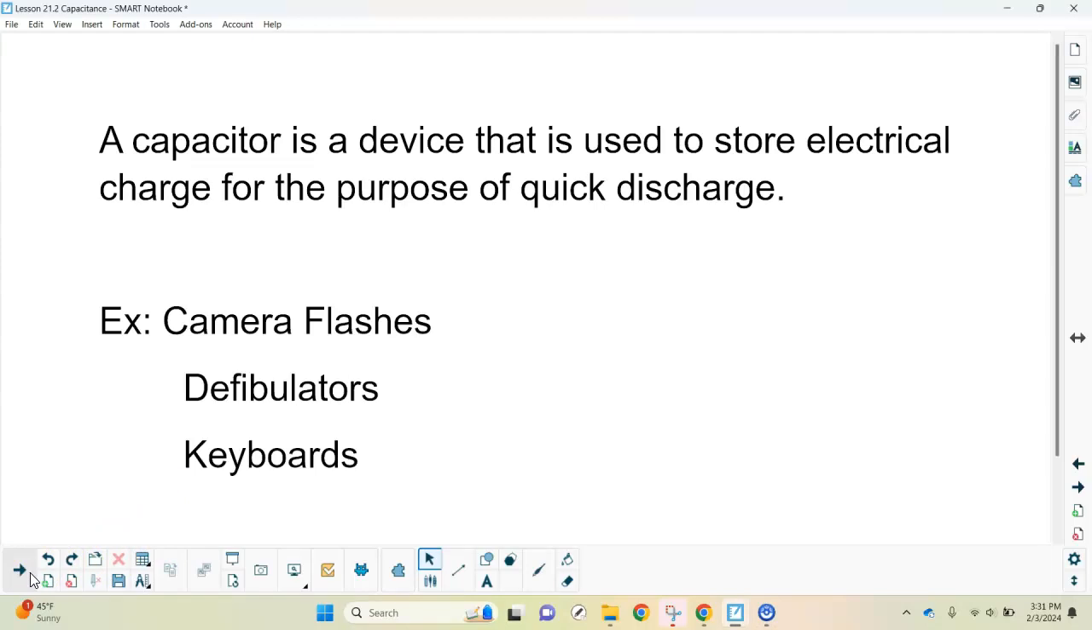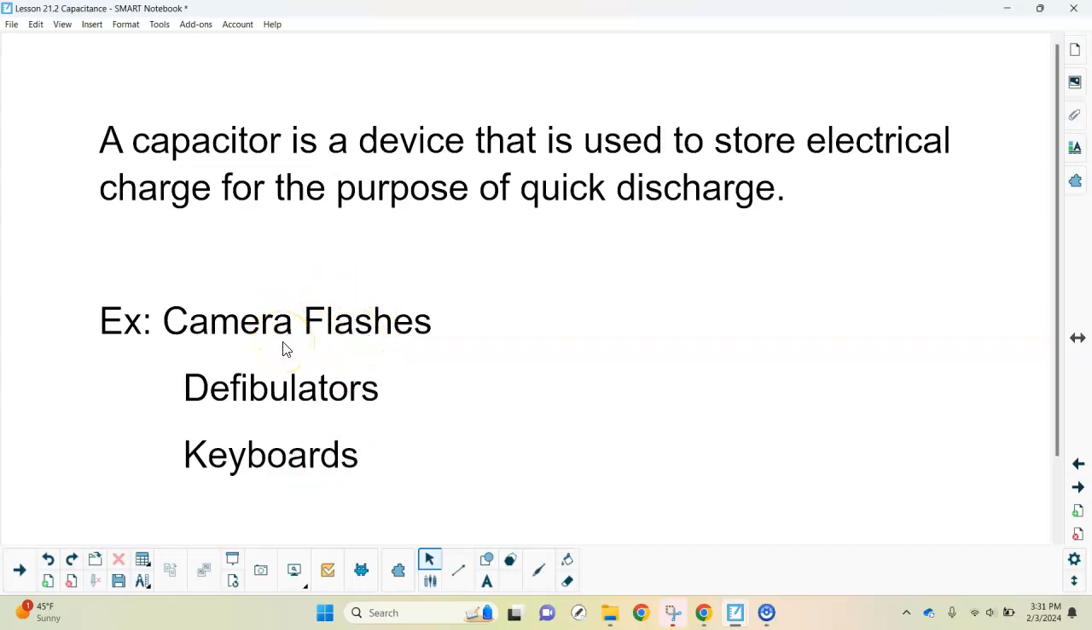A capacitor is a device that's used to store electrical charge, so that it can be quickly discharged. You want to build up a lot of charge on something and then be able to use it right away for whatever purpose it is. Some examples of capacitors you might be accustomed to: